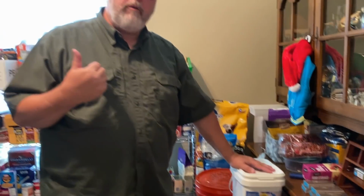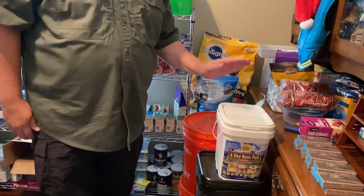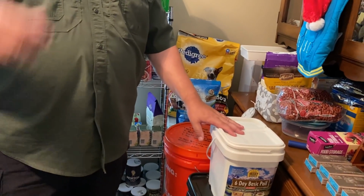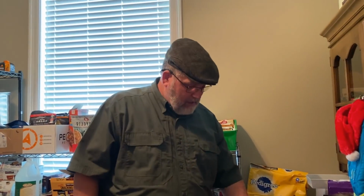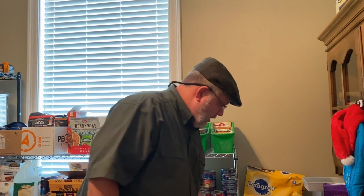For me, 2,200 calories per person per day. I imagine I'll be doing a lot of physical activity. I'll need some calories. 2,200 may not be enough, but it's my target, and that's what I do my math on. Take a look at what is in these containers. They're pretty dang expensive too. Unless you're rolling in money, you may not be able to buy too many. A cheaper way